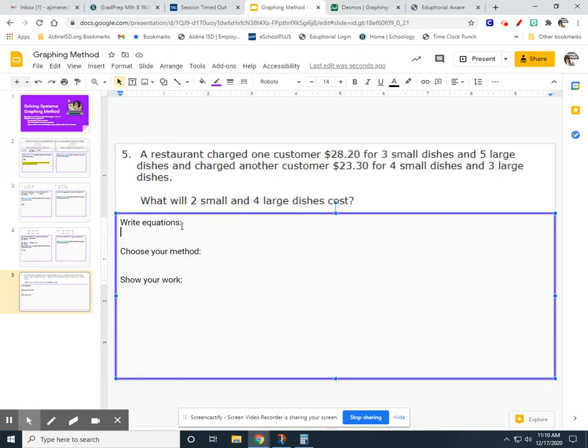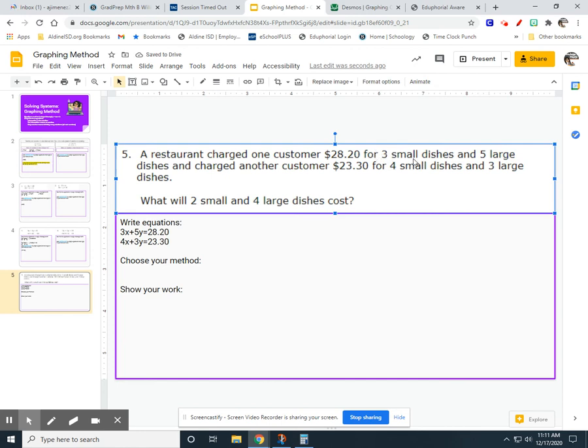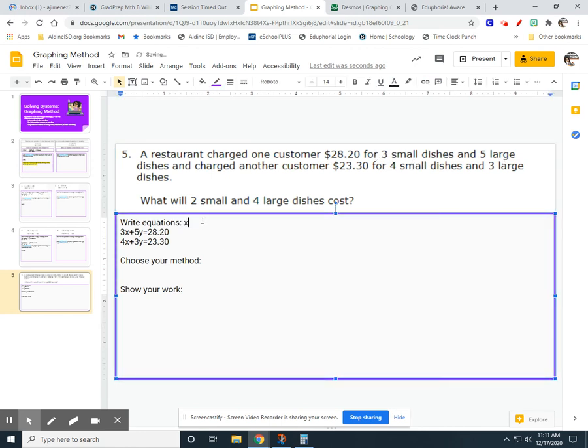Alright, let's write the equations right here together. A restaurant charged one customer $28.20 for 3 small dishes and 5 large dishes. Alright, so 3x plus 5y equals 28.20. And then 4x plus 3y is equal to 23.30. Where did I get the x and the y? I decided to say that x was my small dishes and y is my large dishes. Let me put that right here. X equals small